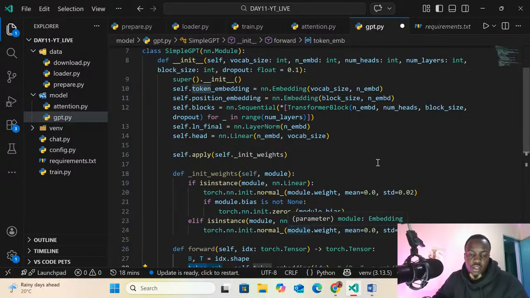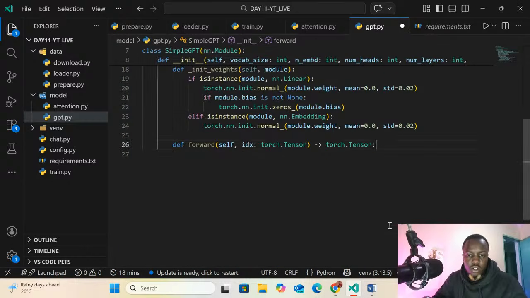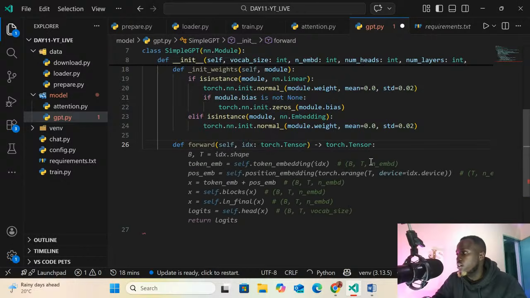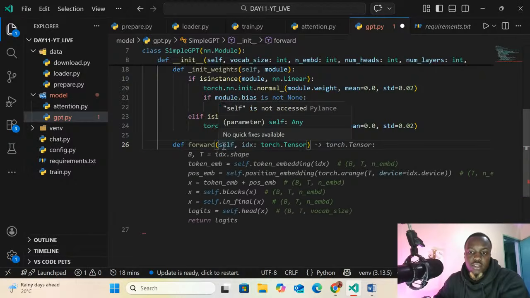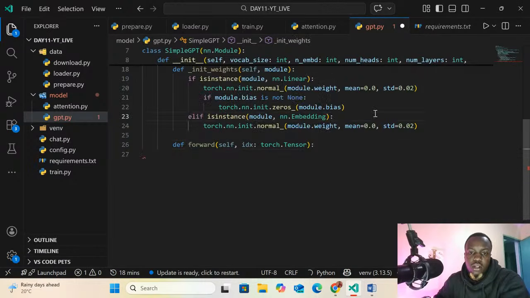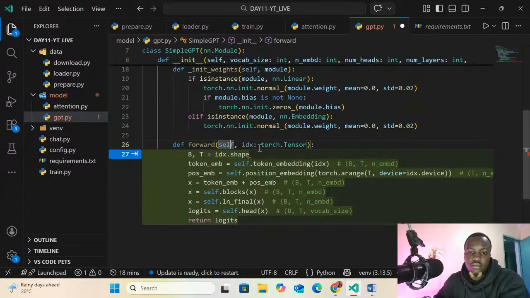Maybe you can do away with this. Let me just follow the code that we have right here. Still doing the same thing. Let me check the define method itself.